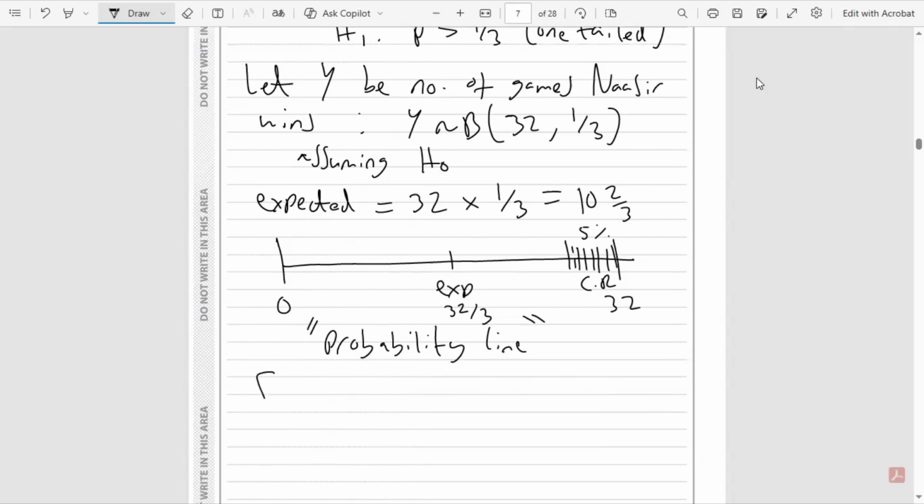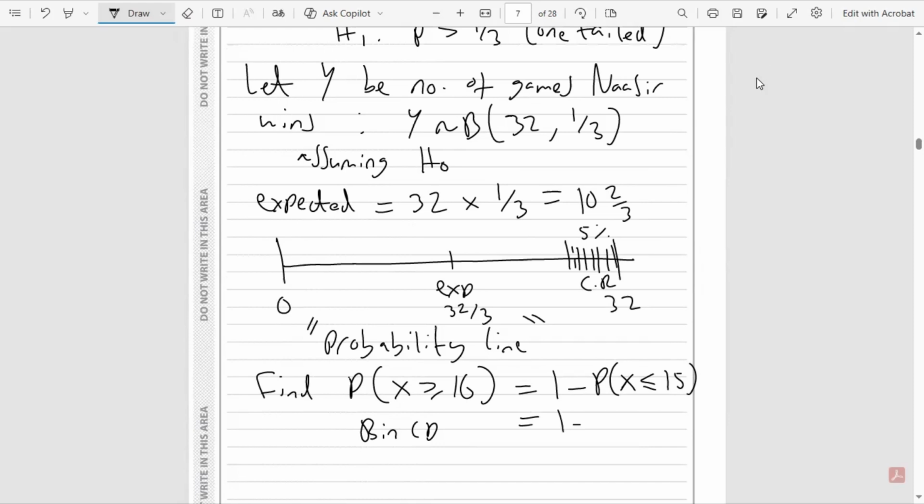So what we need to do is find the probability that x is greater than or equal to 16 and compare that with 5%. Again, this is the same as 1 minus the probability that x is less than or equal to 15. So again, we're going to use our binomial CD. I'm going to go to my calculator. On mine, I have to work out the probability x is less than or equal to 15 first. Again, we had 32 trials with this one, and I'm going to put 15 in there. So this is 1 minus